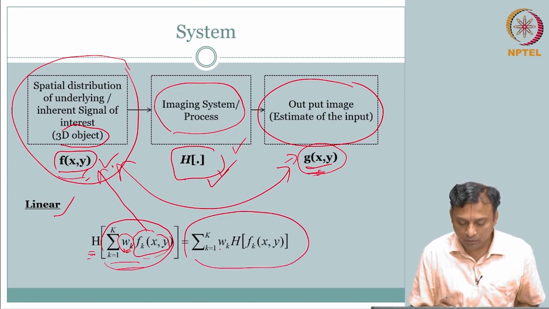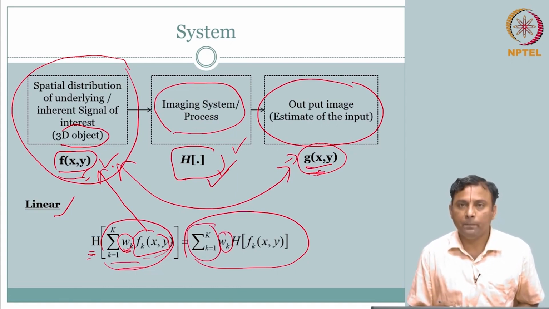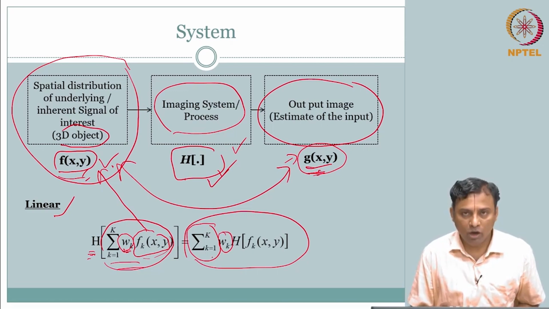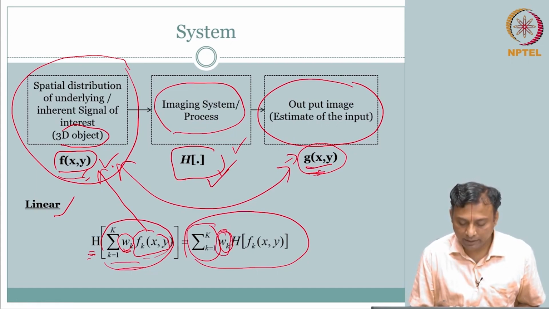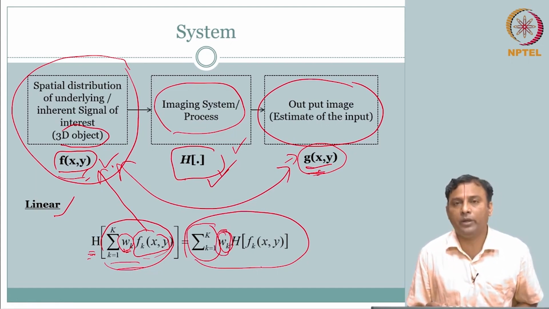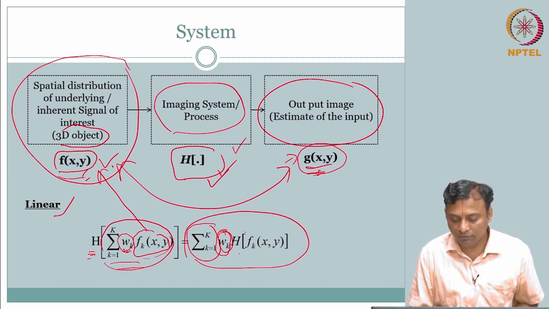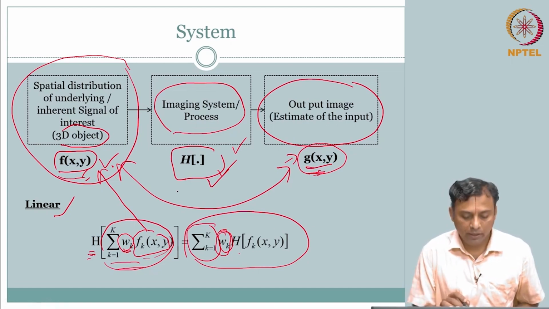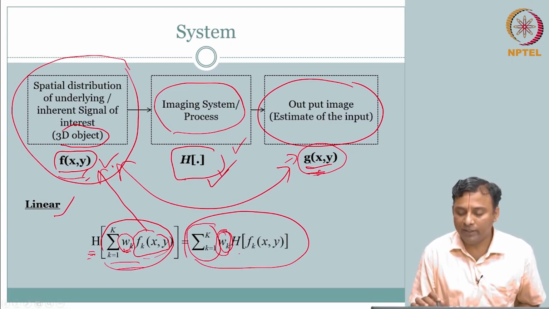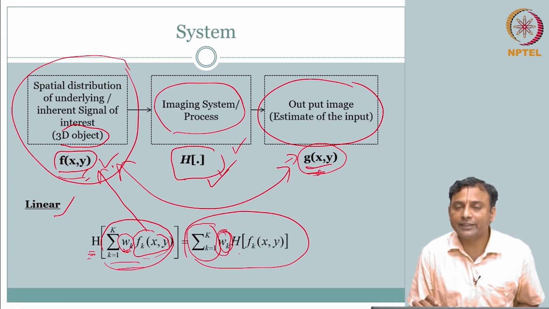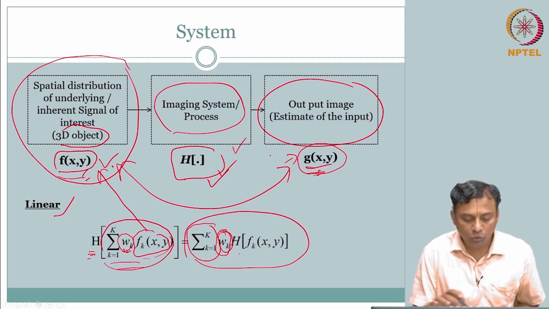Output is going to be, oh, I have another summation here. I have the weights, which is same as Wk. So it is the sum of correspondingly weighted, this is the interesting deal, h of fk of x comma y. What is h of this guy? Oh, h of f of x comma y is g of x comma y, which was the output to that